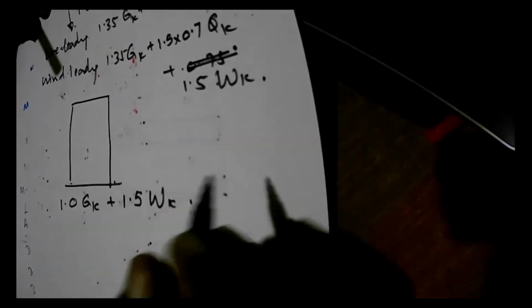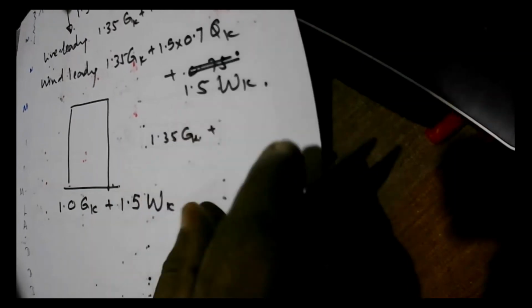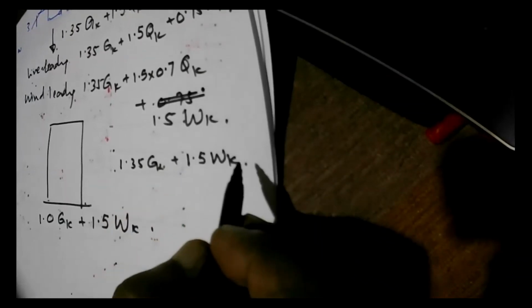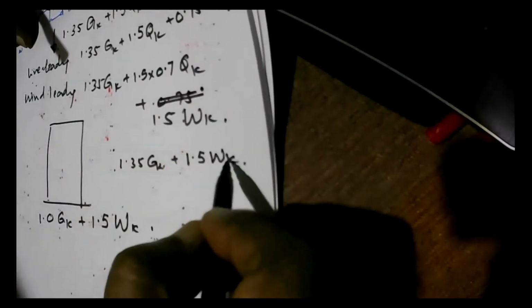And we do not have to consider a case like 1.35 Gk plus, sorry, we can consider this case also, but there's a chance that this might be more critical than this one. So if that is the case, no need to consider this,